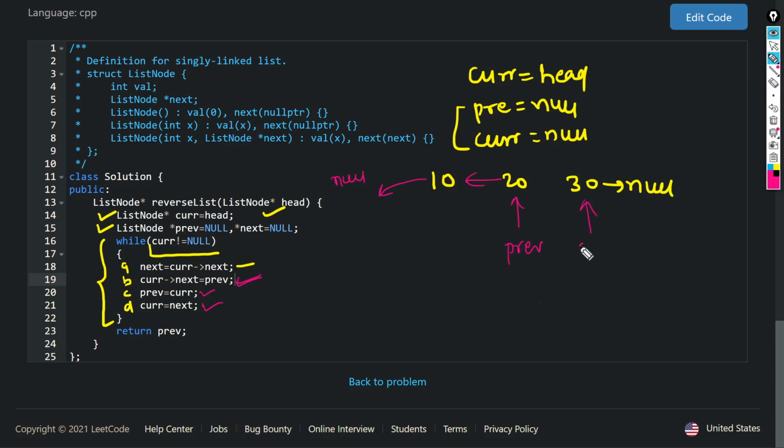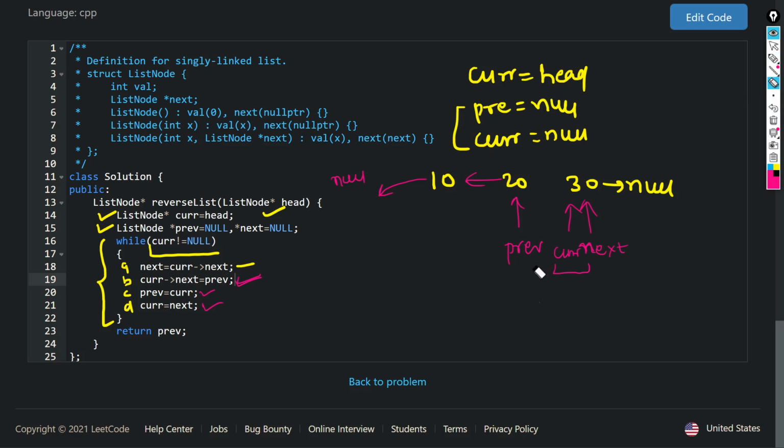Next is here, and after step d, the current is also here. After this step we will iterate, because here current is not equal to null, so we will iterate another time through the loop.